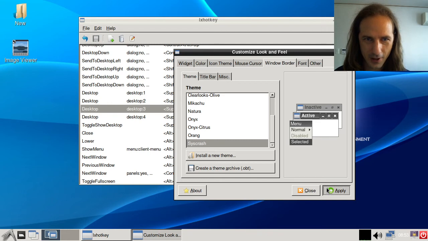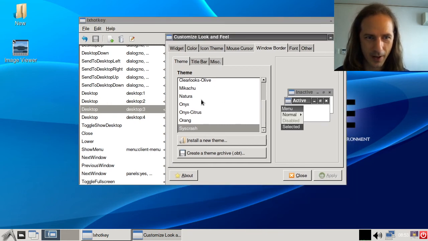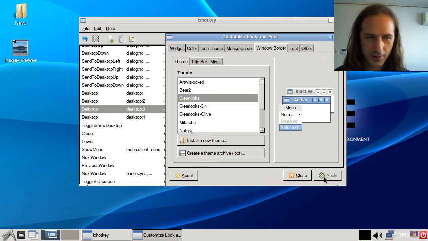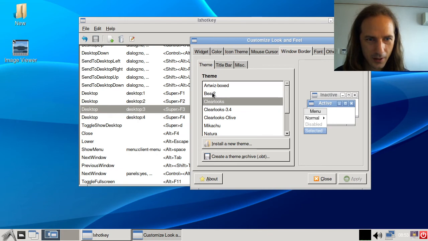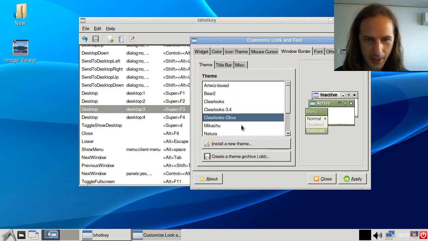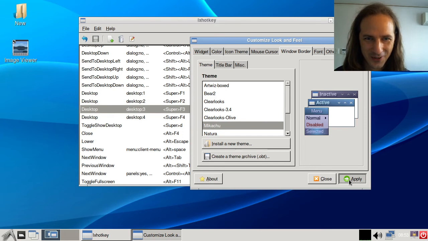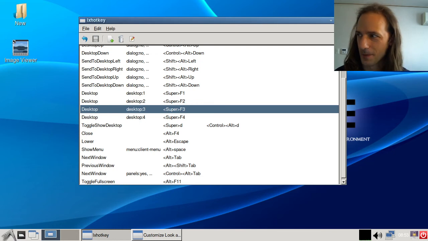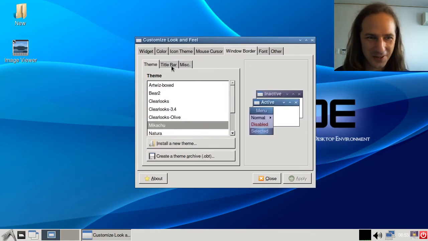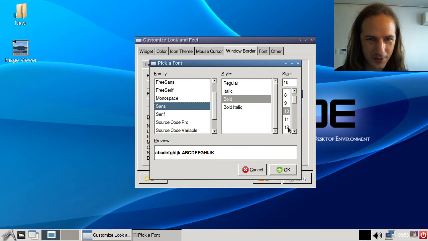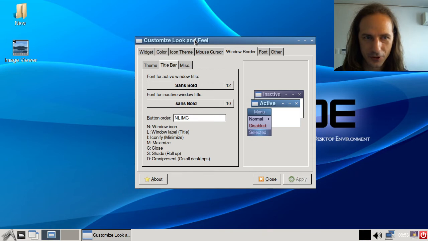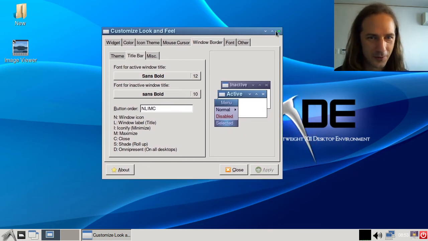So let's try to find something that's a little better looking. Clear looks. Well, I guess there's not much choice here if I want to make LXDE look better. It looks different. Oh, but at least I can increase the font size,